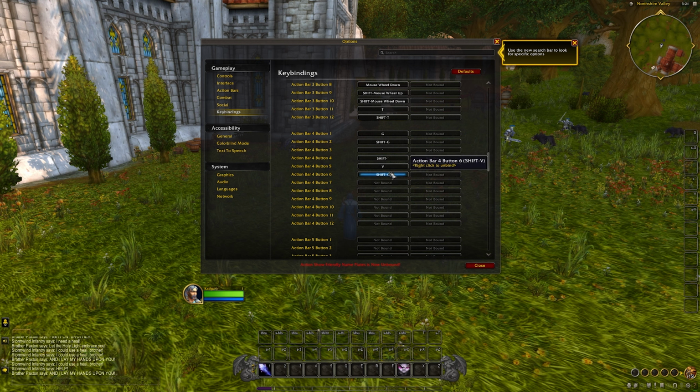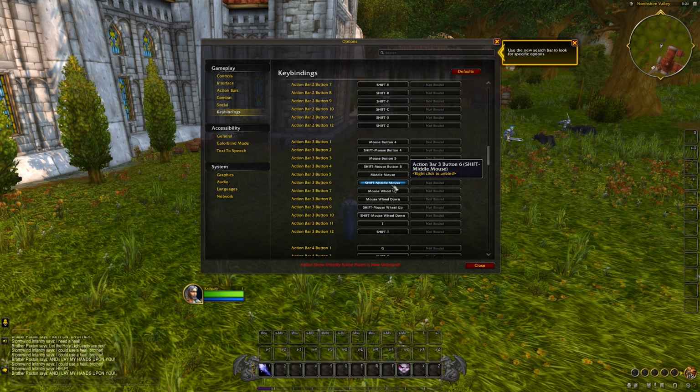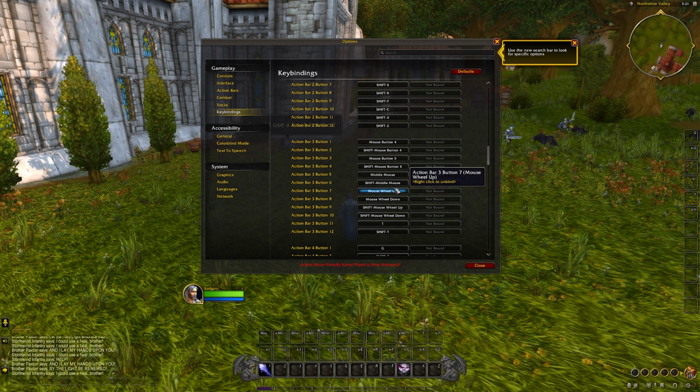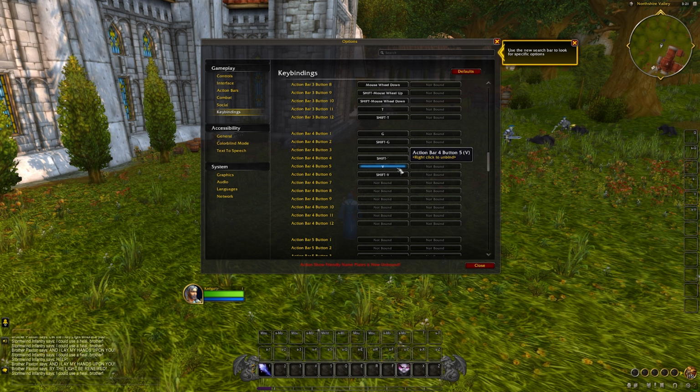So again, some people would put V further up this list, but I'm just going by personal use. With C, I can hit it with my finger. With V, I have to come up from the spacebar and click it with my thumb, the way I sit with my hand on my keyboard. So I do that. And then like I say though, you can